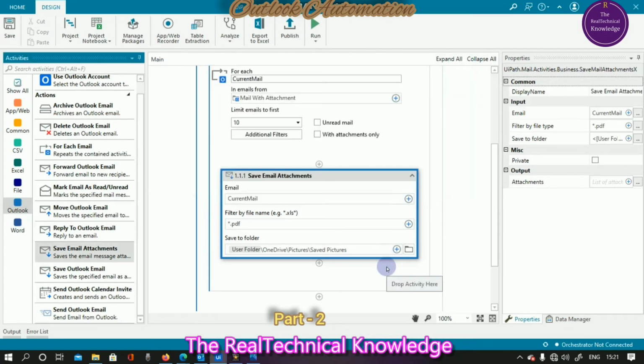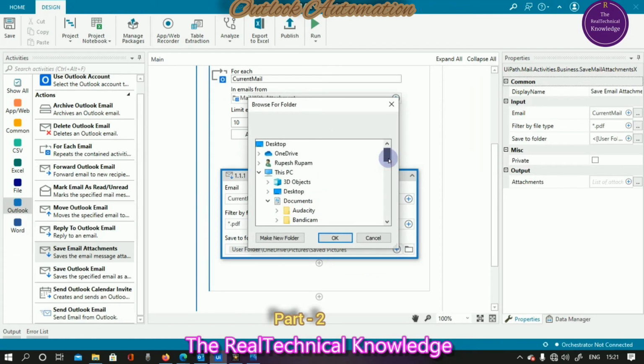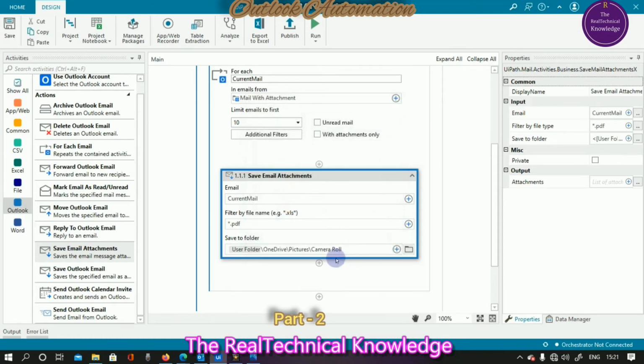After putting *.pdf, you need to click on OK. Then the third option under Save Email Attachment is Save to folder. I have provided the Pictures folder, and now I am going to put it under Camera Roll. You can provide any specific folder here so that your attachment will be saved from Outlook to that designated folder.